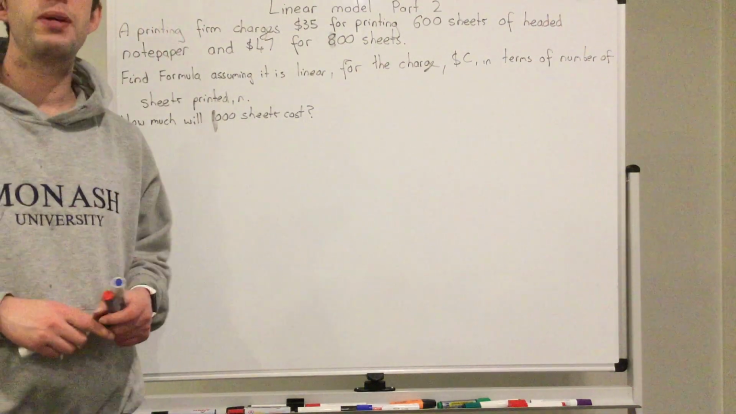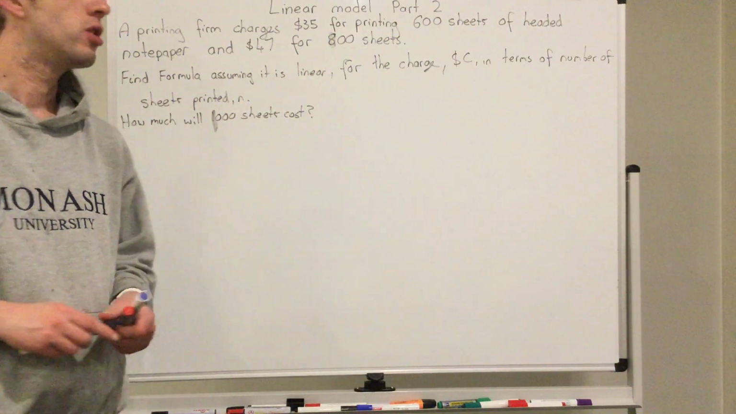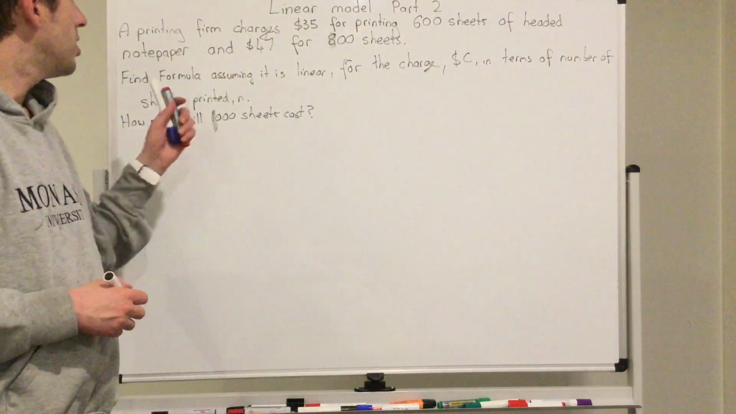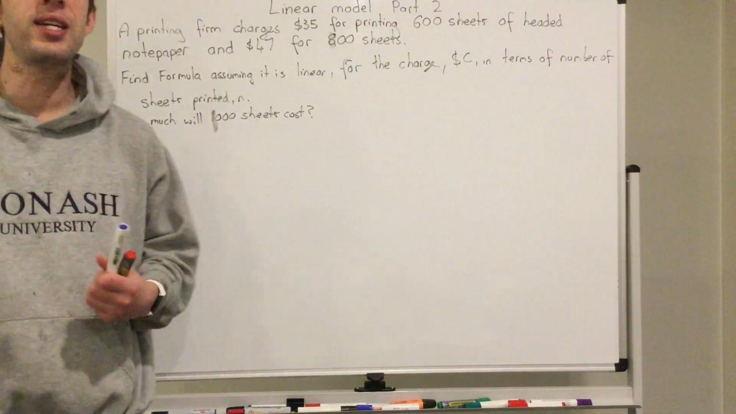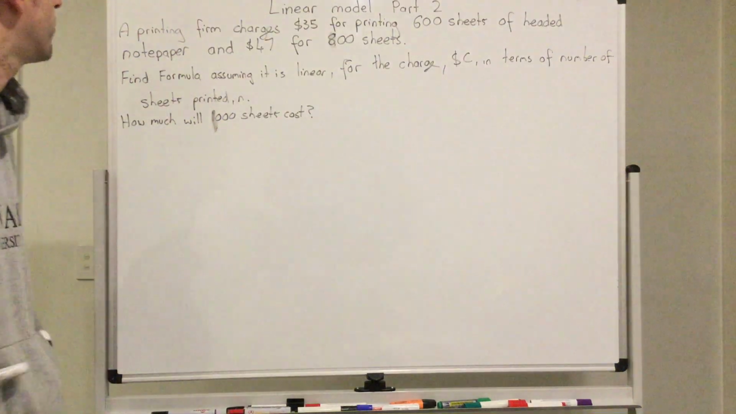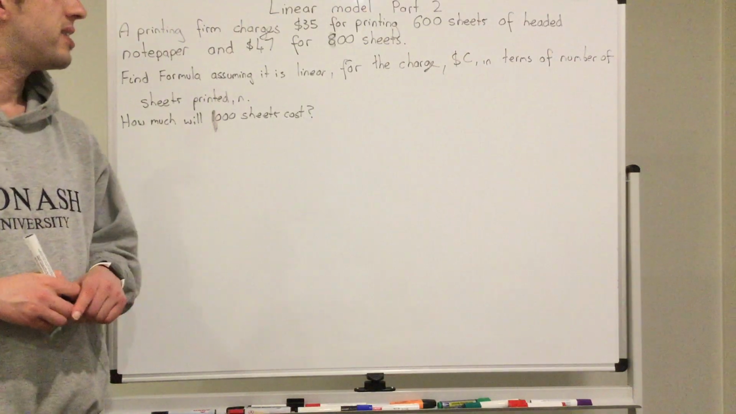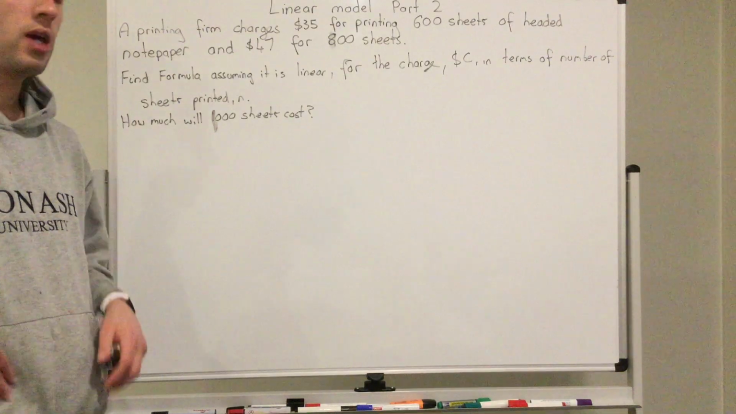We are going to be looking at an application-based linear question, looking at a linear model. This is a part 2 video. The first thing I'm going to do is read this question and break it down to make it easier for myself. A printing firm charges $35 for printing 600 sheets of header note paper and $47 for